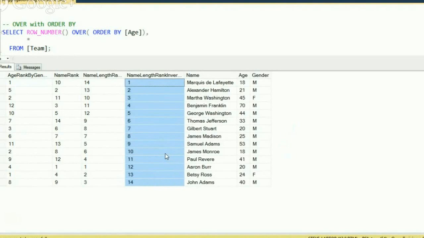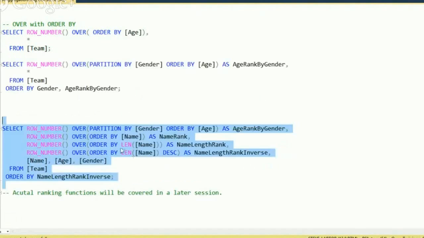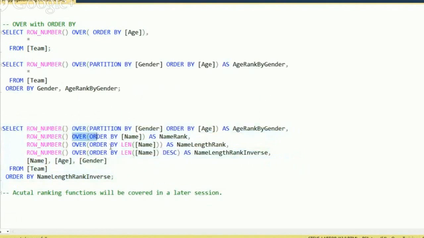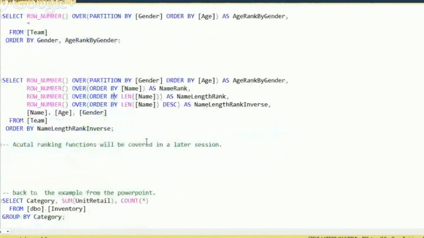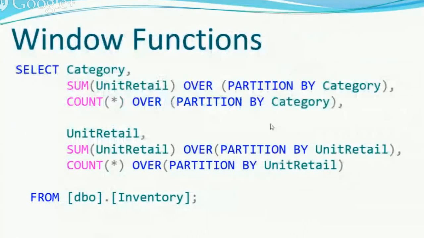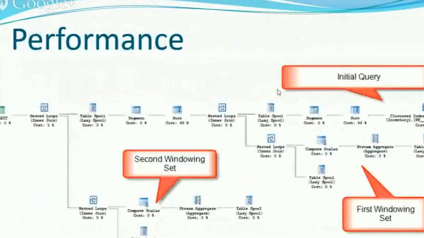Again, it's always tough to come up with good samples here that don't apply to real data in our system. Kind of gives you an idea of how the over clause with different ordering and different partitioning can give you a bunch of really interesting data depending on what you're trying to analyze. The windowing functions we covered, that's what the over by is with the partitioning. And then Cody, you asked the question about whether that is going to perform well, or is that going to be inefficient or whatever? So rather than making you squint and read the little tiny screen here in the PowerPoint,